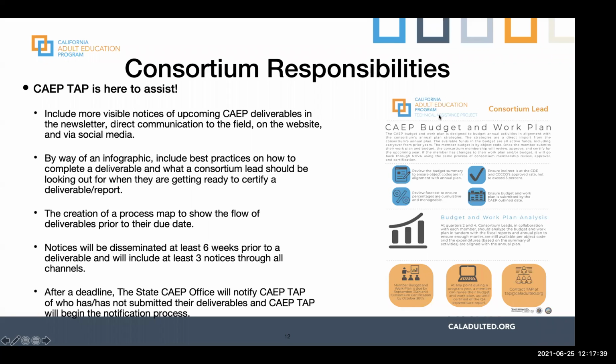We are always available via email, phone calls. We're always available to set up one-to-one. So if there's a particular issue we need to work through, or if, let's say, your budget and work plan will not submit or certify for whatever the reason is, and we can't figure out what's going on across emails, it's always easier to just hop on Zoom and kind of go through it through a live demonstration. And so we are available for those types of sessions as well. So definitely utilize us if you have not up until this point.